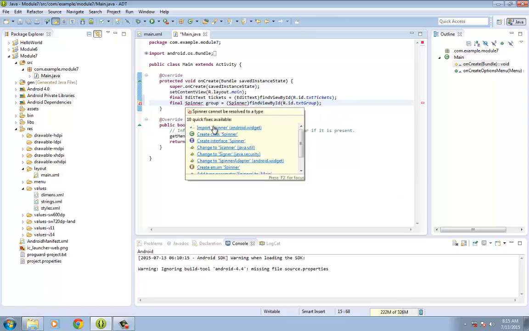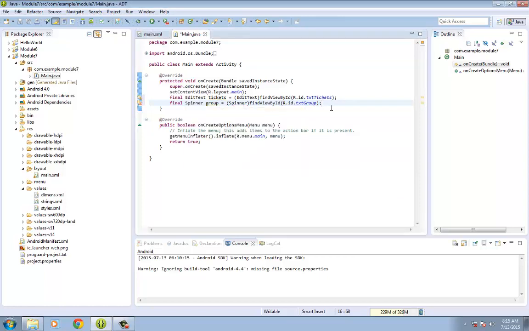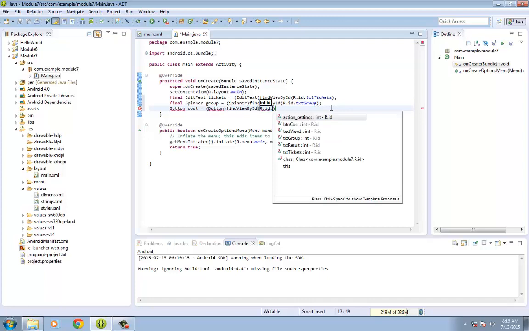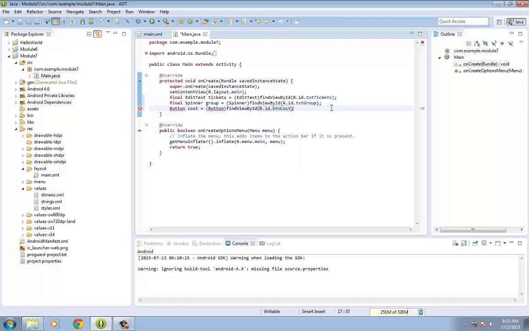Again, don't forget to make your Spinner a widget, or import it as a widget, and then type in Button cost equals Button, and then findViewById, and then type in R.id.btn cost, then semicolon, and then don't forget